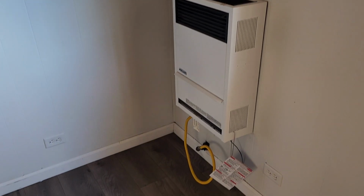The heater you're saying is the wall furnace, yeah. It's a gas appliance, so it makes carbon monoxide. They have a smoke